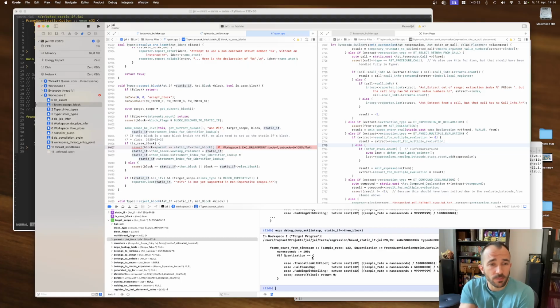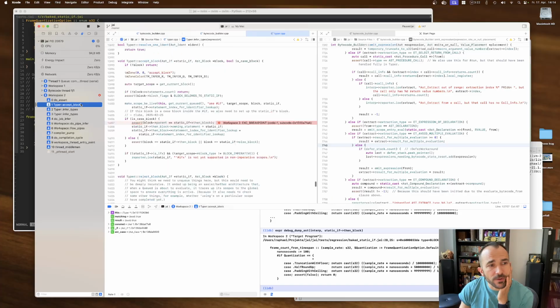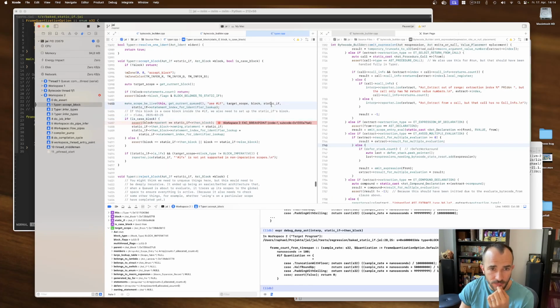And why do we care about that assert? So we expect the, that's interesting. We expect the else case's then block to have its parent be the static if block, but that's not happening right now.